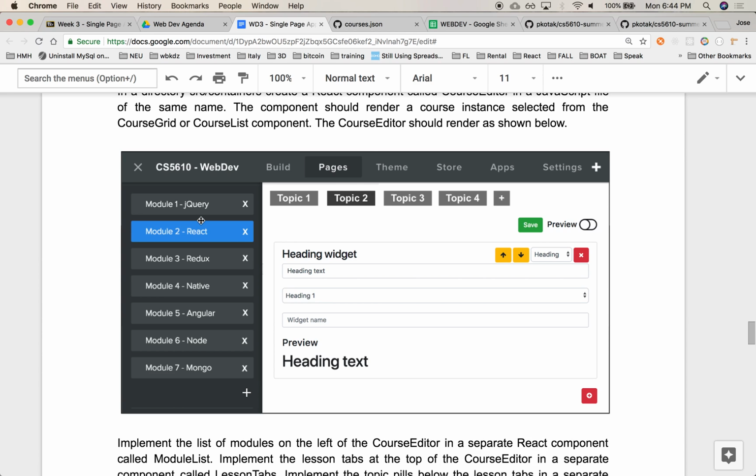Okay, and so there's a plus sign over here that allows you to add a new lesson, and presumably here there will be an X to be able to remove a particular lesson. Right. Down below that we have a list of topics. Same thing, where you have a plus that allows you to add new topics. Presumably these would have an X also that will allow you to remove the topic. So yeah, we're going to be focusing on just the navigational part, navigating modules, navigating lessons,